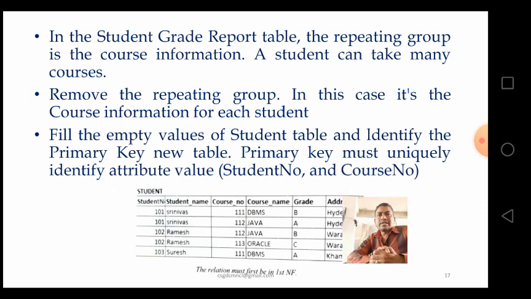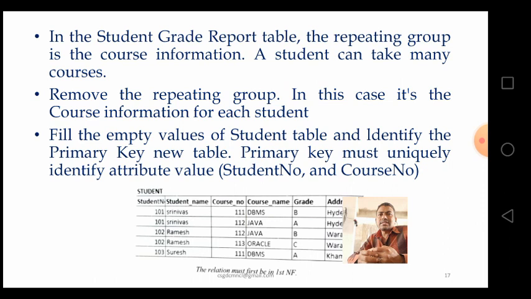A student can take many courses. Obviously, one student can select 2, 3, 4 different courses as per their own talent. Here, we divide the course information into a different table, removing the repeating group.